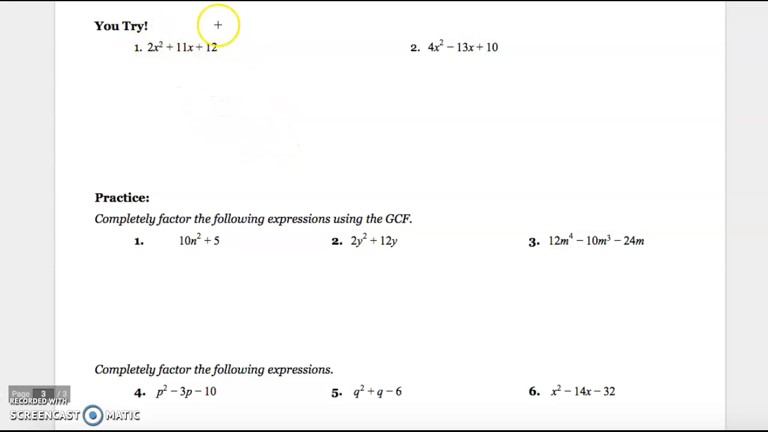No GCFs for this guy, so we're going to go ahead and make our table. I'll try to make it small so I don't have to erase my work afterwards. So it multiplies to my AC, so 2 and 12 is 24. My B value is 11, so what multiplies to 24 and adds to 11? That's a 3 and an 8. And so then when I make my box,